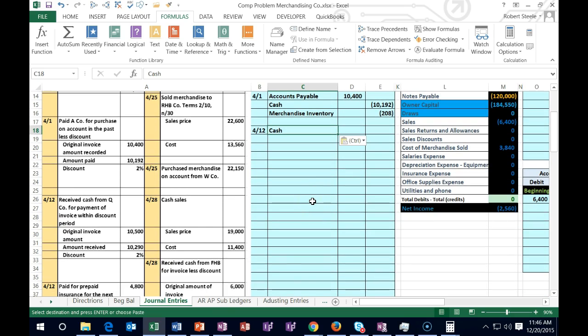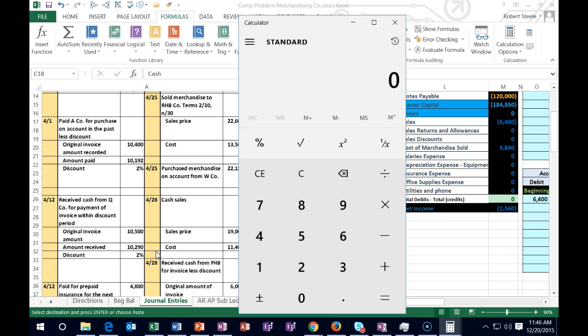Question is, what amount? Again, this problem gave us the amount. It says we're going to get paid $10,290, even though the original invoice was for $10,500 because we gave a 2% discount. So again, let's do that calculation because some problems will not give us that much information. They're just going to tell us the invoice amount and the discount amount. And in some cases, we'll actually have to go back and find the discount amount from the sale we made